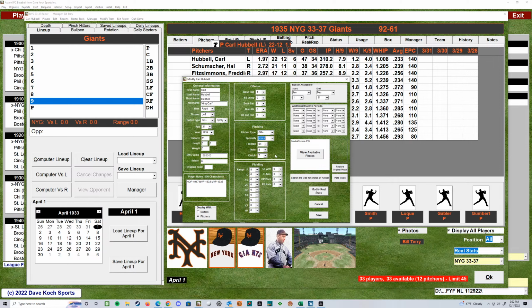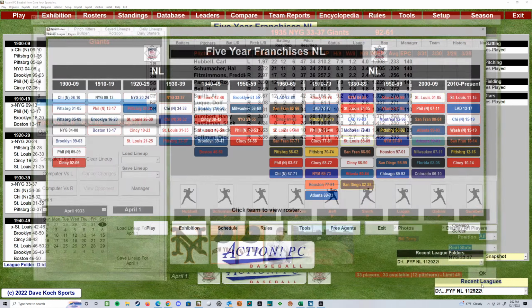Where Action uses the clutch rating is to try to help get towards that goal of a lower ERA. It's basically with runners in scoring position, I believe. I don't know if it's runners on total or runners in scoring position, but you can see he's a little bit above average. Let's see what Vukovich has.